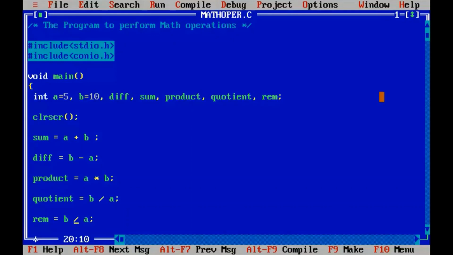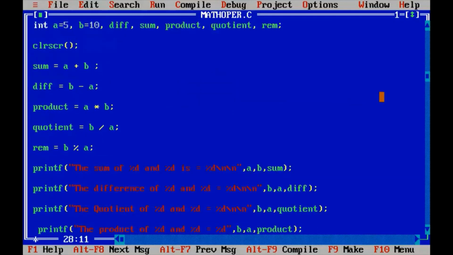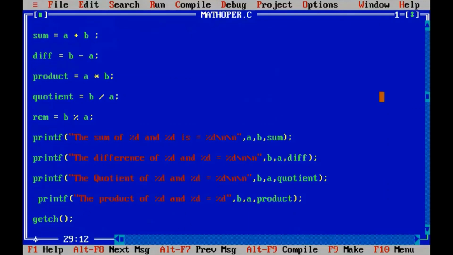The forward slash is used for getting the quotient after division. So to get the remainder, which operator is used? This modulus operator, which is normally called percentage. This modulus operator is used for getting the remainder after division. This operator will also do the division, okay, it will perform the division and return the remainder after division. So let us go and put that statement as well.